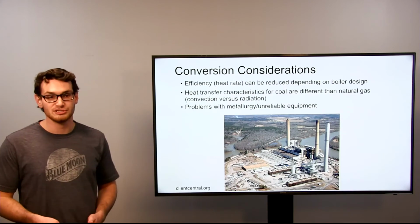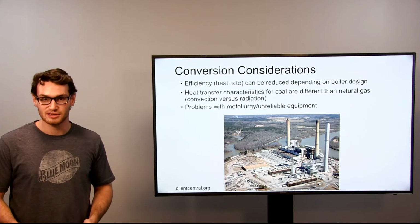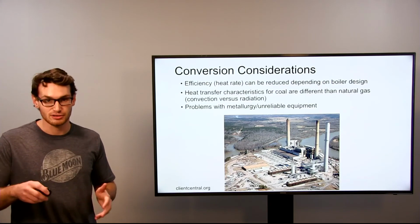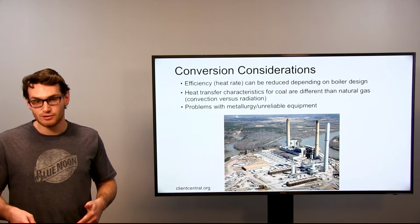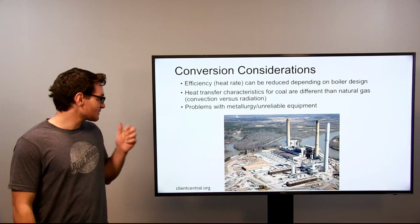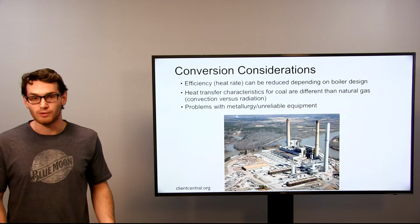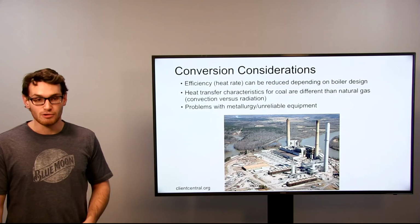Some big considerations when transitioning to natural gas, and something I thought was very interesting: I thought natural gas was more efficient, but it turns out that when you're doing a CTG, a coal to natural gas plant, the efficiency tends to either go down or stay about the same with a little bit of losses. This is because natural gas is a significantly different fuel than coal. Heat transfer properties are very different in that it's mainly convective due to its gas properties, while coal tends to be